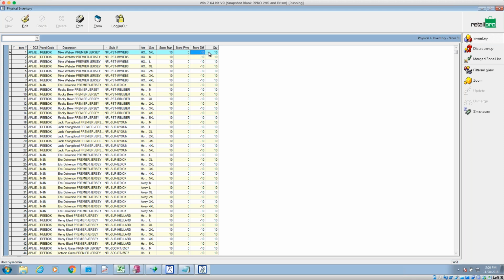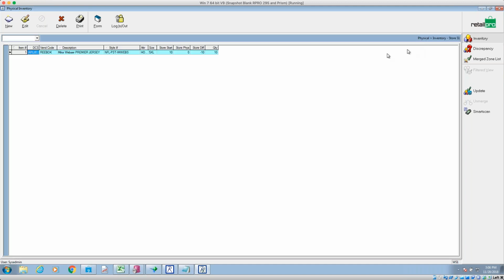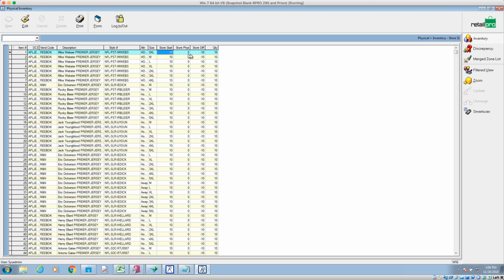Now, if your on hand was negative, then that would be copied over here, and your difference would then be positive. So if you update, the difference will affect your on hand and will set you to 0. If you start an inventory and just update, you don't count anything, you're going to go to 0 on everything. But that's step 1. Step 1 is pretty simple. Basically creates this count sheet. Now in this count sheet, these store starts are frozen. The real on hand in the background is not frozen. So it's taking a picture of your inventory as it is right now, so that we can then go and compare